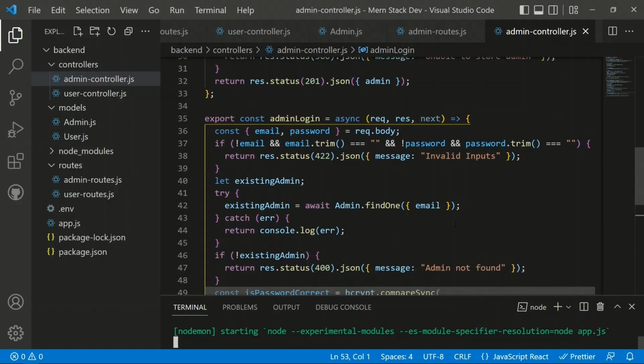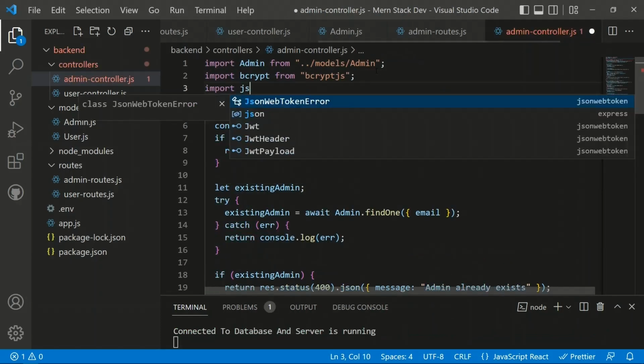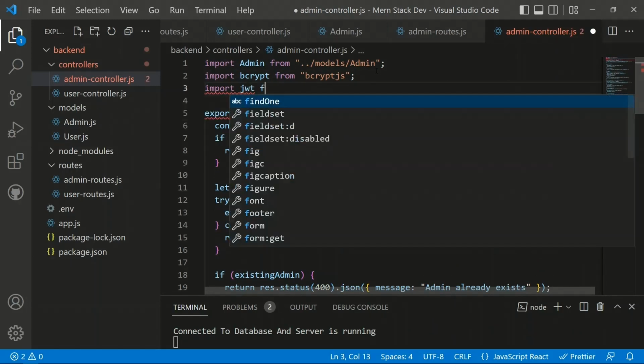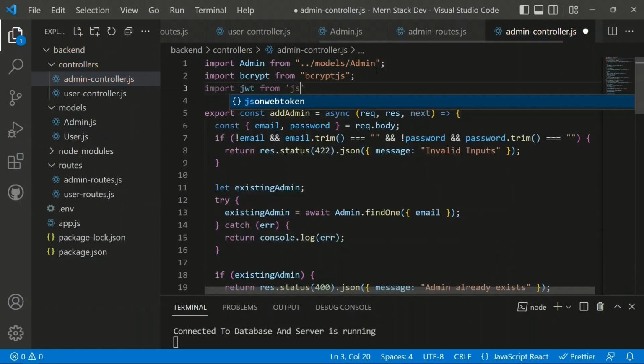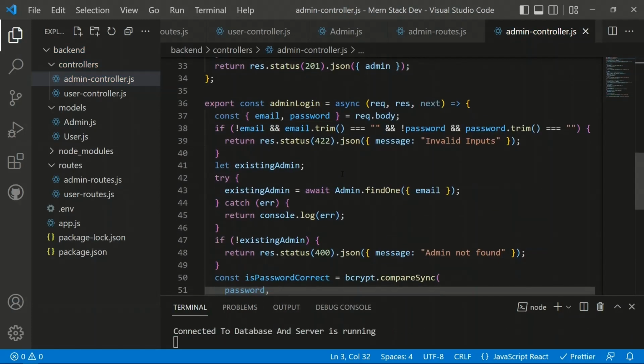And now we can just import the JSON web token. We need to import the JWT from the jsonwebtoken package. So now we have the JWT, and now what we need to do, when the user is logged in,